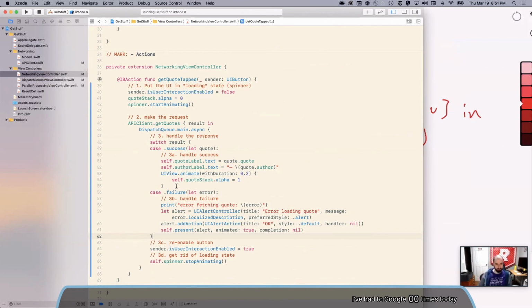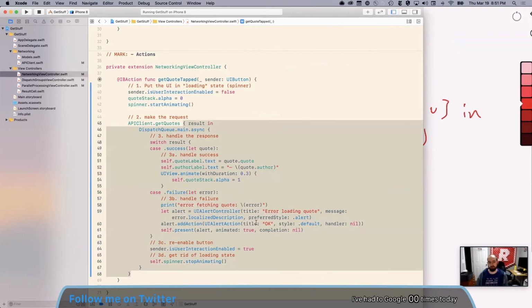As soon as either the request comes back or it times out after that amount of time, either way, this block is getting called, and then it goes away, and nobody's owning it anymore, and everything inside it is released.